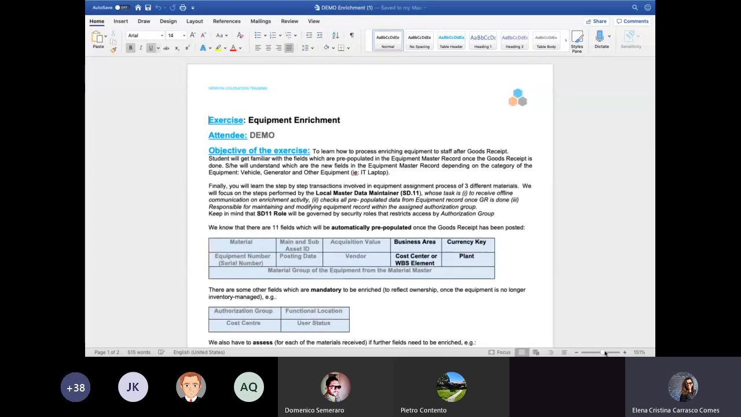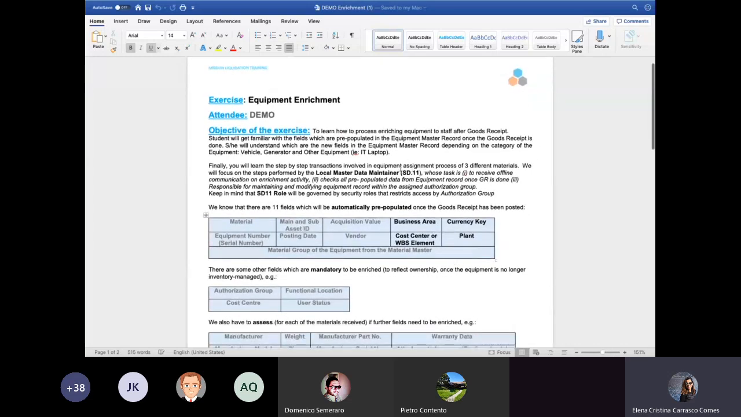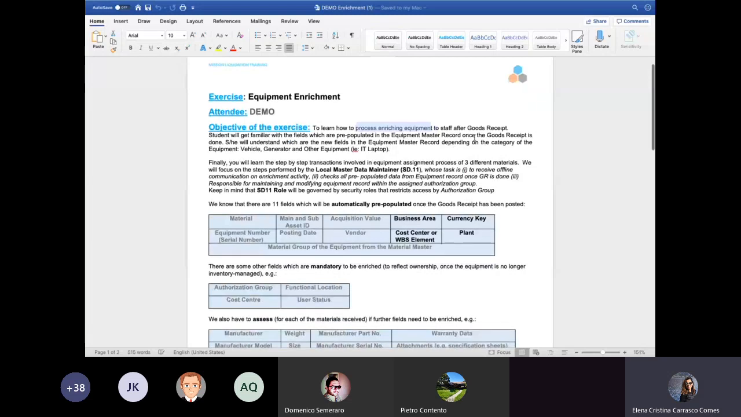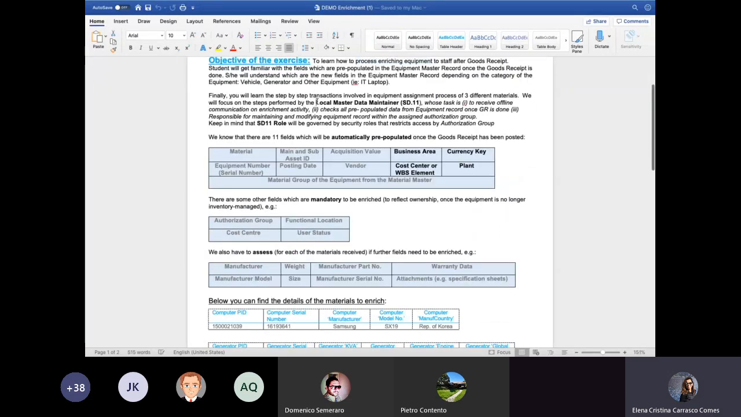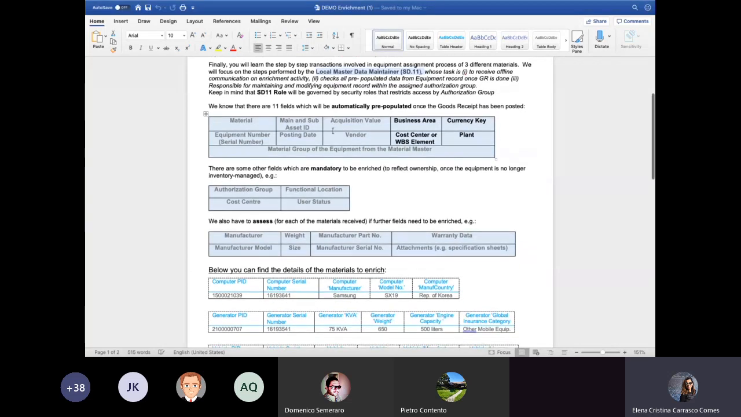So this is the exercise. We're going to learn how to process enriching an equipment after the goods received. This task is done by the local master data maintainer. And then, as we said, there are 11 fields that will be automatically pre-populated once the goods receipt has